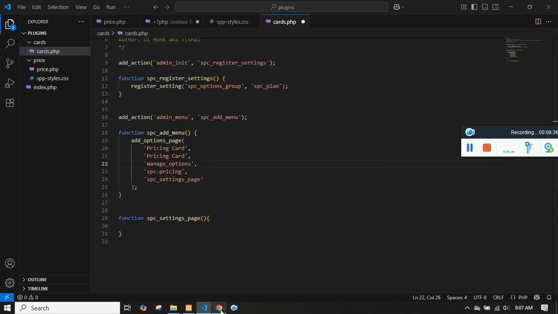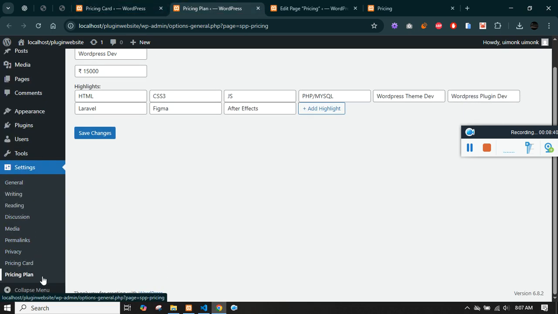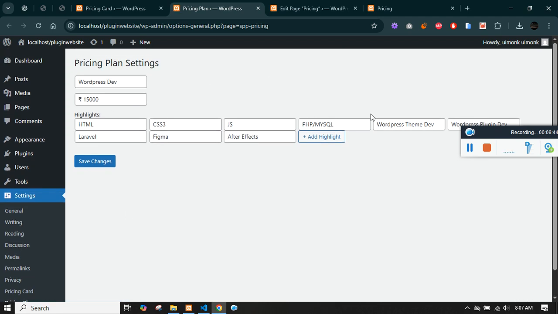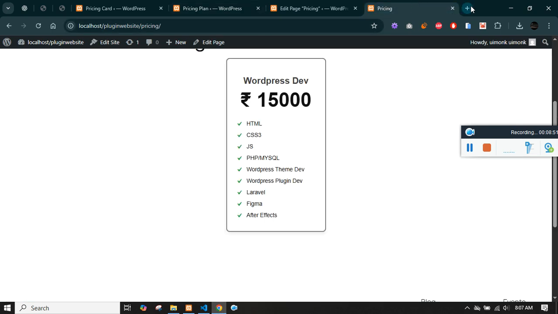Now once I click on it, what should happen? This page is blank as of now, but if I click this pricing plan, this data is getting pre-populated. To make this work, we have to fetch the values which are actually in the database. Let me show you